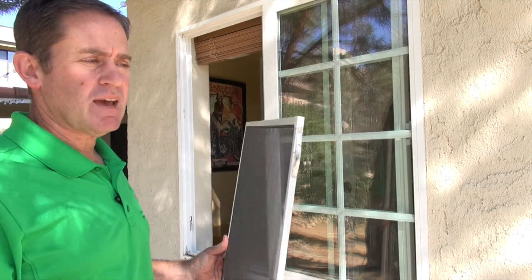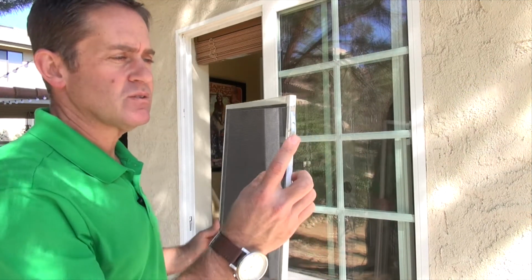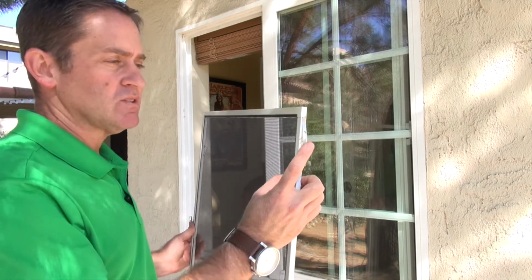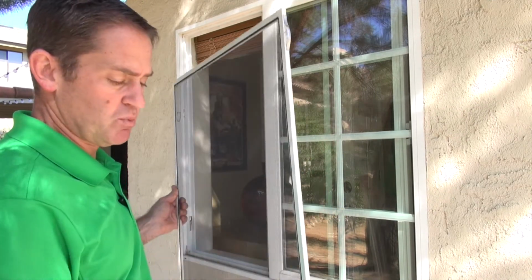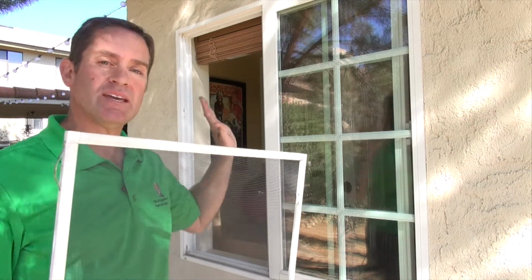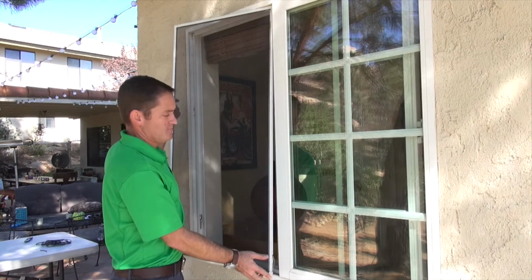Now, before we put the screen back into place, it's important to note that these retaining springs are what actually hold the screen into the window. So it's important to insert the spring side first. Also make sure that your clips are on the inside of the house. So we'll slip that in,